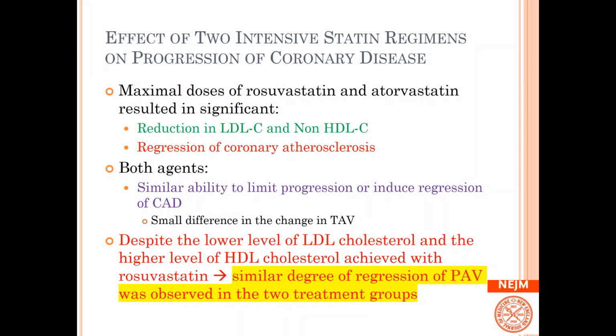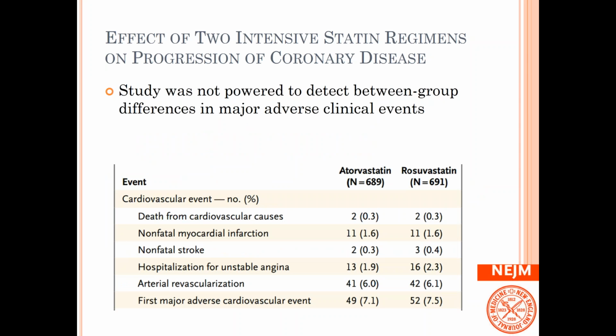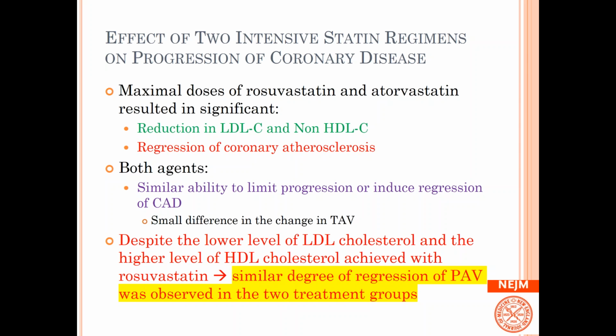So they conclude that maximum dose of... Go back. You can add up the MACE. All these would add up then. First major cardiovascular death, non-fatal... Well, this would be included in that one, wouldn't it? So it looks like 9% or something, maybe. 9% MACE. Yes. And then the maximum dose of atorvastatin and rosuvastatin both reduced